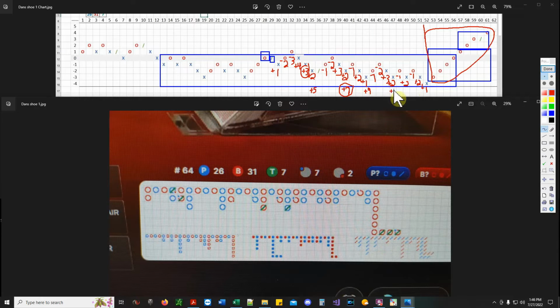Right here, you're at +11. 10, 12. Right here, you're at +12. 11, 12, 13. Right here, you're at a +13. Then you're at a +14 right here. How much do you want to win in that tight range? How much are you looking for? Because now this right here, the most I would probably bet up to